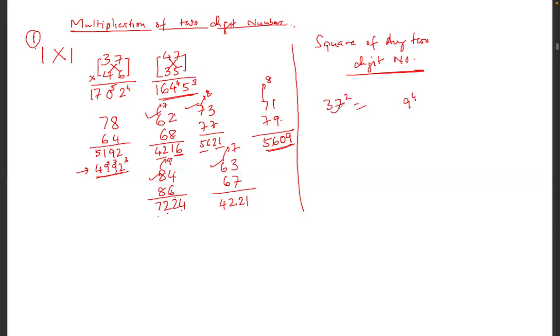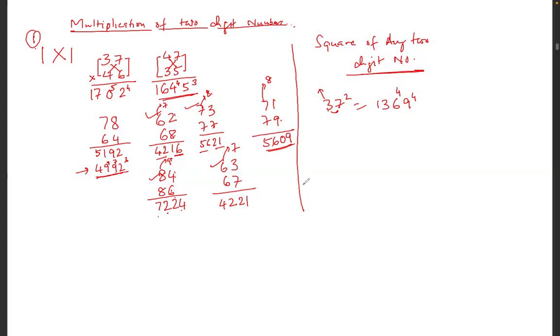And then multiply these two digits. 7 threes are 21. Then double that. Double of 21 is 42. 42 plus 4, 46. So 46, write 6, carry 4. And then 3 square, 9. So 9 plus 4 is